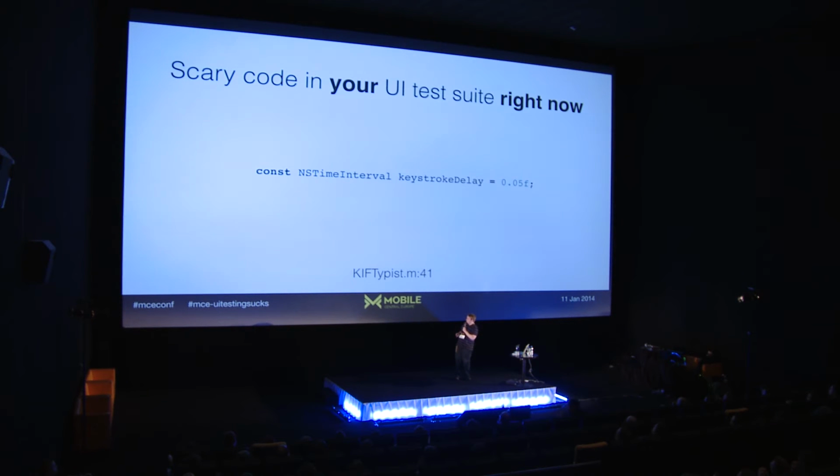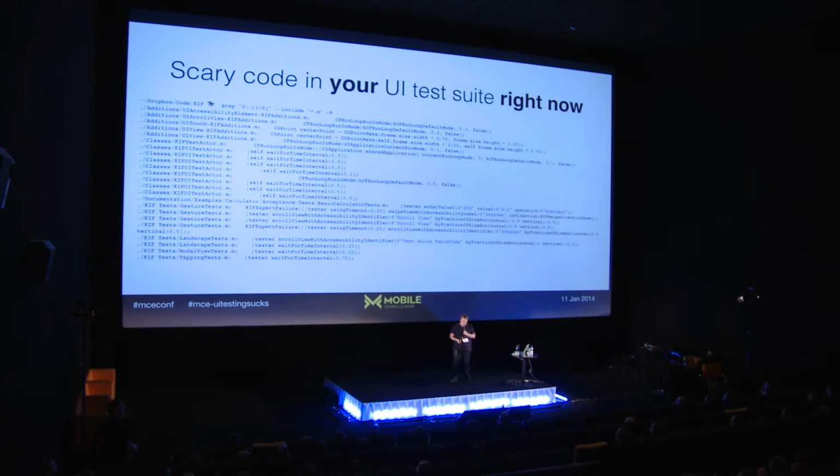And this should frighten you if you're running a continuous integration system, because maybe it took a little longer today. There's no guarantee about how long this is going to take. And actually, if you search for constants in Kif, there are a lot of them, and this should really frighten you, and they're all different, and very few of them are documented. And so somebody just came up with 0.3, and it worked, and that was good enough. But